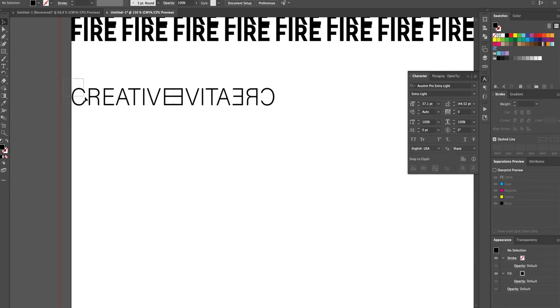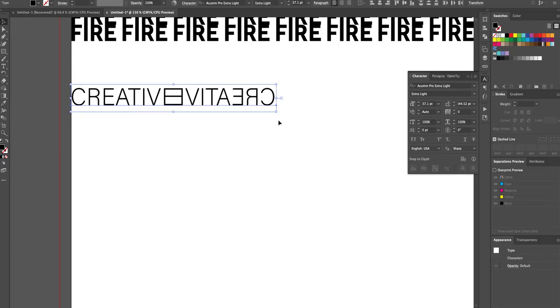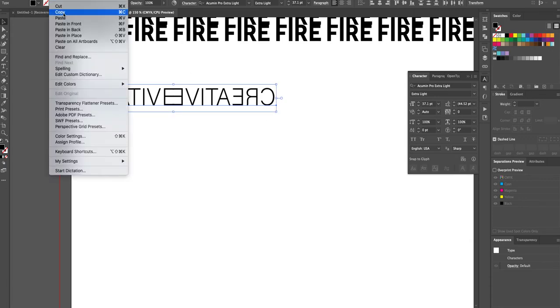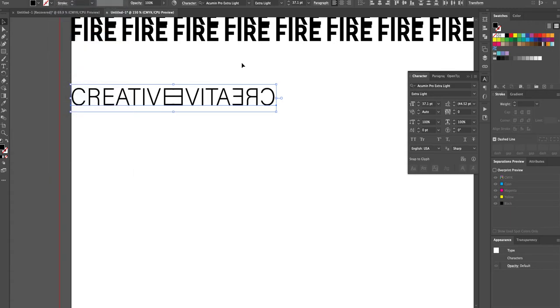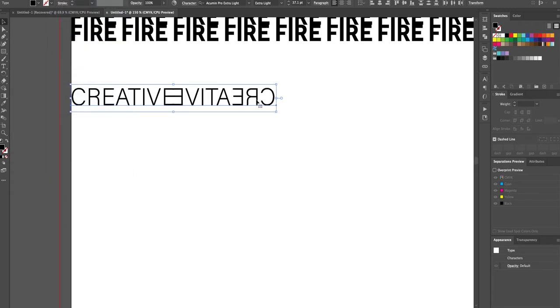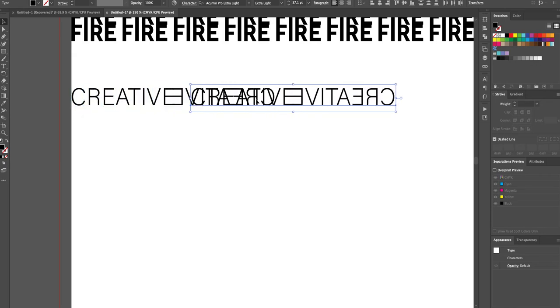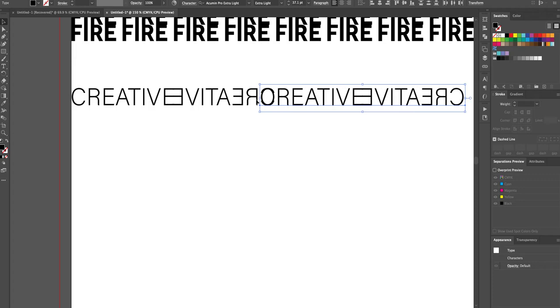So then what I do, I come in here with my selection tool, the black arrow, and I drag it across all the word, and then I do edit, copy, or command C, and I do paste in place again. And the reason again why I like that is because I don't have to mess with the alignment. And I come over here,